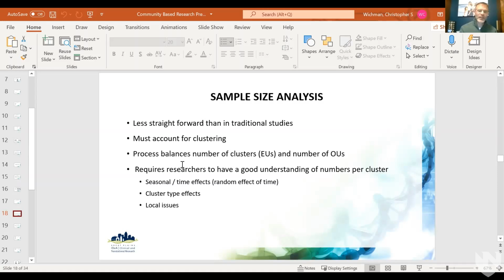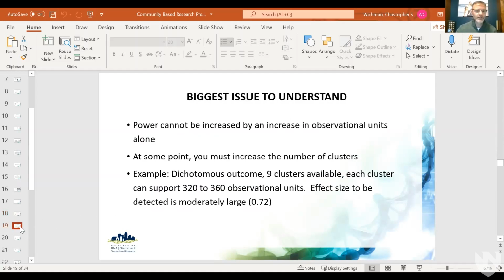And then the other thing we have is local issues. So if we're doing something across the entire state of Nebraska, an Omaha-based cluster or a Lincoln-based cluster may have completely different experiences than a cluster, say, in Ainsworth, or a cluster that would be found out in Scottsbluff or something like that. So we need to also understand some local issues. So there's a lot of things that kind of come into this to give us a decent shot at doing